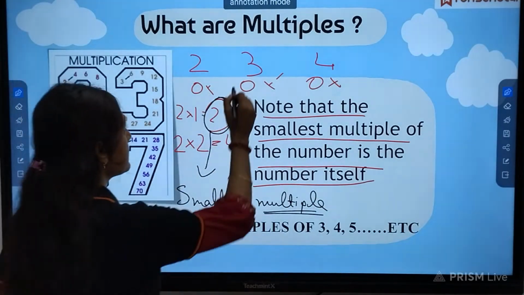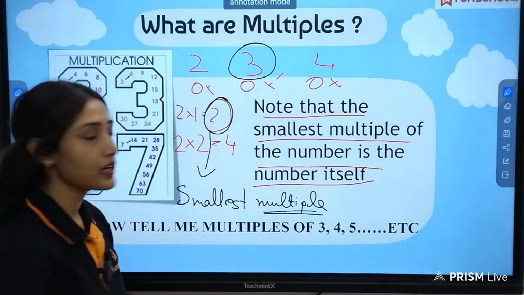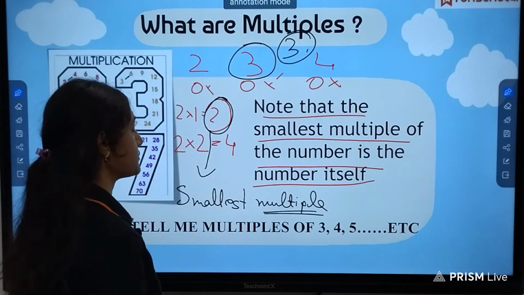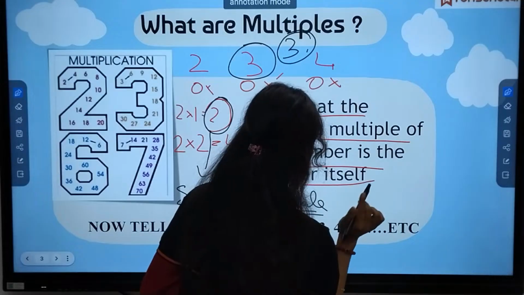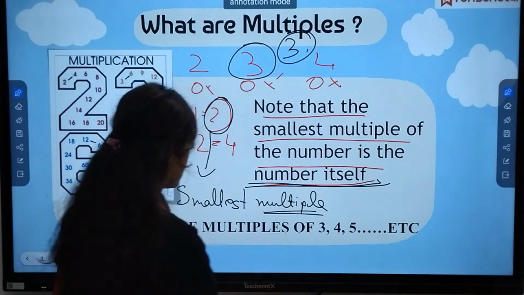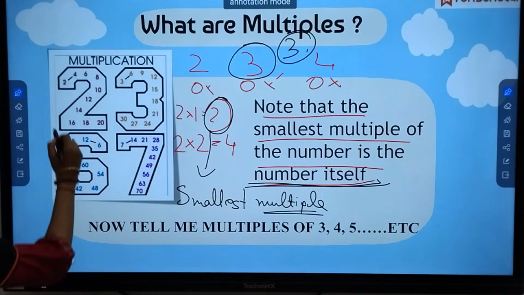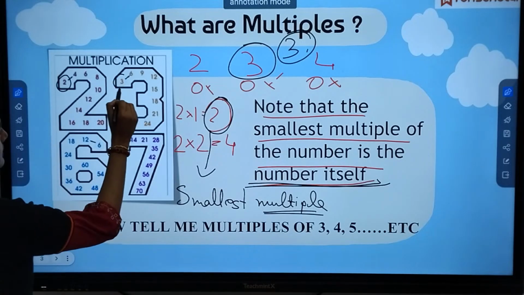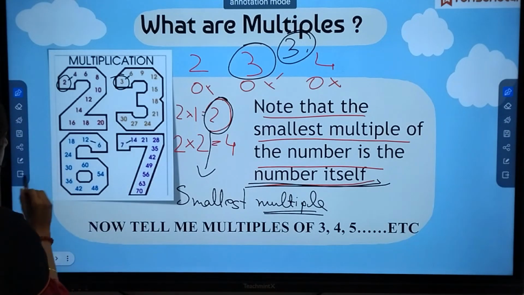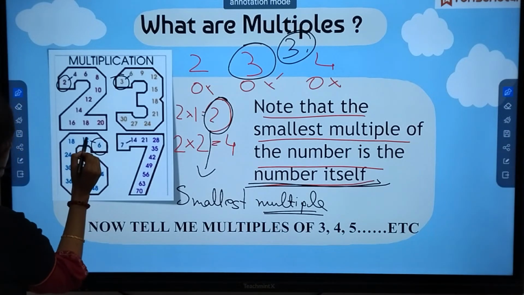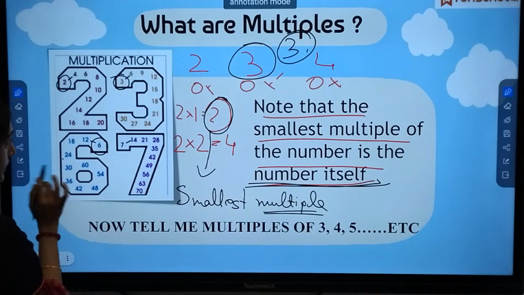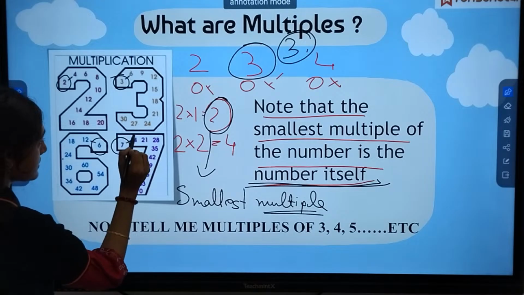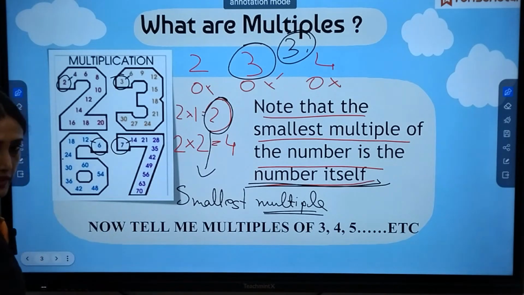Right? Similarly, in case of 3, we are starting with what? 3. So 3 is the smallest multiple. That is why the smallest multiple of any number is the number itself. Understood? Clear? See over here, 2 is the smallest, 2, 4, 6, 8, 10. 3 is the smallest, 3, 6, 9, 12. Over here, 6 is the smallest, 6 2s are 12, 6 3s are 18, 6 4s are 24, and so on. Here, 7 is the smallest, then 7 2s are 14, 7 3s are 21, 7 4s are 28, and